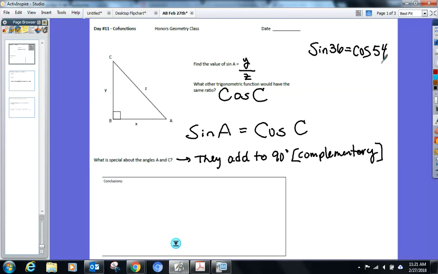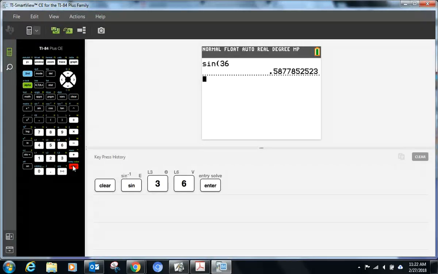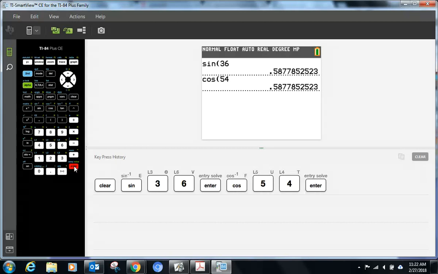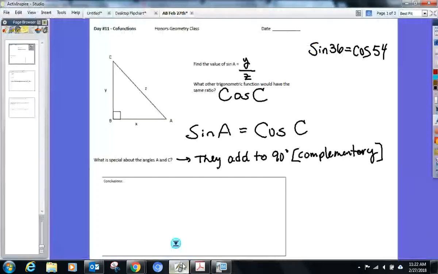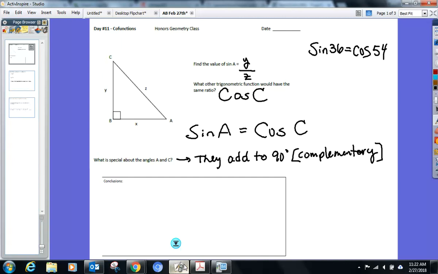Go to your calculator. Ready? Sine of 36. Cosine of 54. Boom. Well, 1 doesn't really impress me, doesn't really prove to me anything, so let's do it again. Give me another acute angle. 12. Predictions. The cosine of 12 should be the same value as